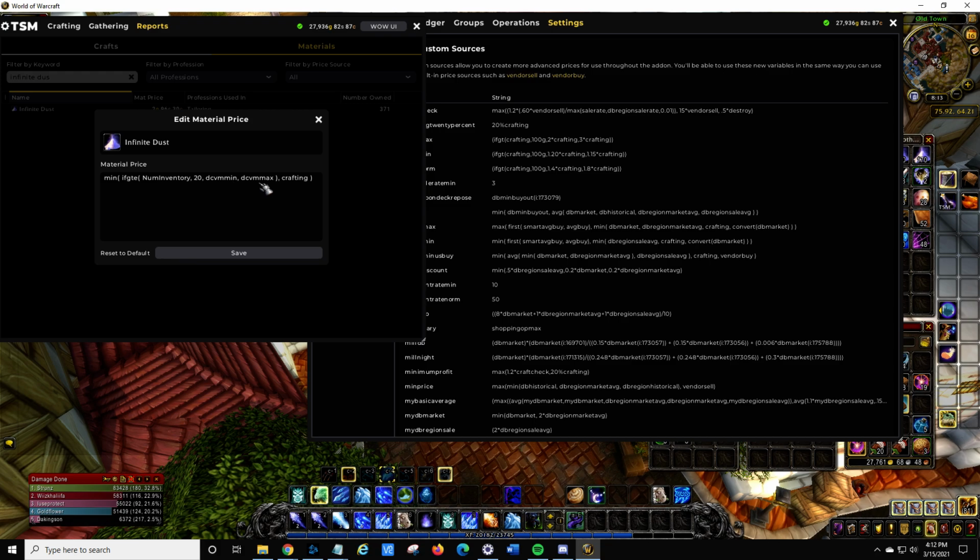Otherwise, I use the maximum value, and then I wrap that around a crafting method. Although this is probably just more for default, because you can't really craft this. You can disenchant it, so maybe it should pick it up in convert or something. But anyway,